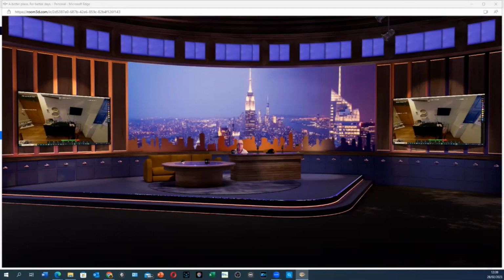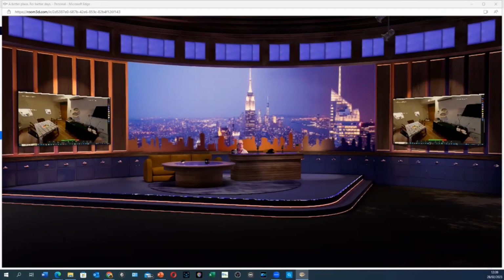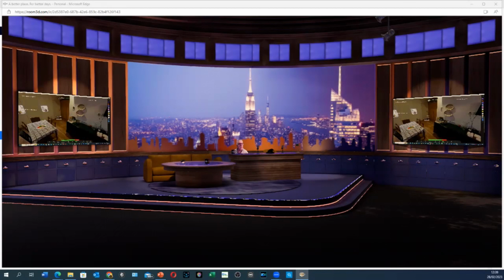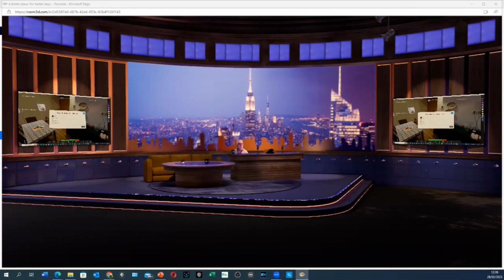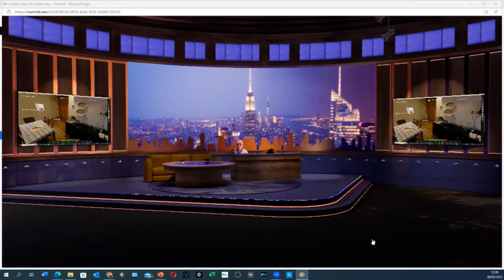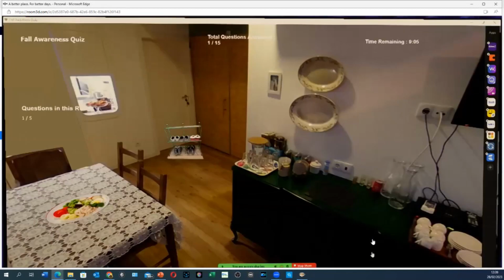So for example, I'm going to zoom in here, and it asks me which of the following is the safest shoe wear. So I'm going to choose a covered shoe and say OK, and that shows me that that is the correct answer. Whilst I'm doing this sharing, I'm going to flip back and have a look at a different camera view